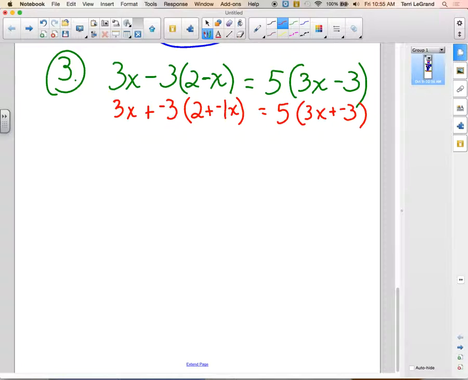Okay. What kind of simplifying do we need to first start with on the left side? Yeah, we got to do our multiplying over here. We have to do our distributive property. What's that 3x that's out front? Is it part of our multiplication problem? Yeah, what do we call those guys when they're